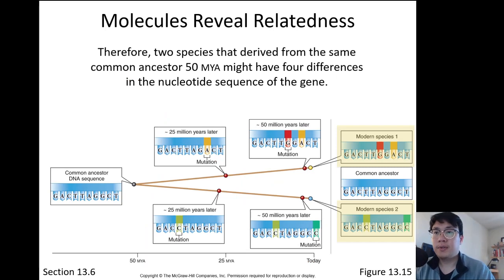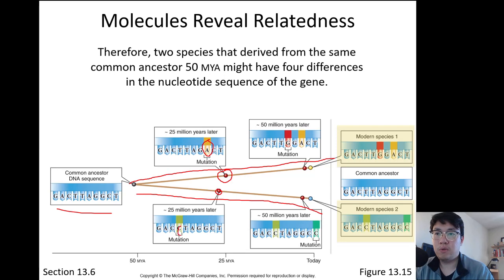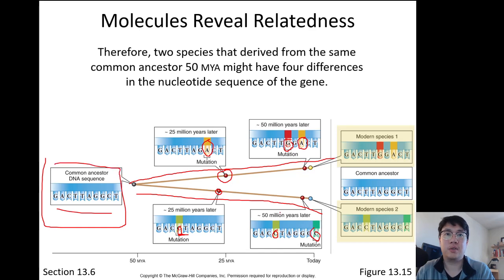So again, let's just look at this example again. You have a common ancestor. Here's path 1 right here. This is path 1. Here's path number 2. Okay, every 25 million years, we have a mutation. Oh, look, it mutates A. Versus this mutation here, oh, look, it's mutating C. Okay, the next one, the A has already been mutated. Oh, look, G is now the new one. Oh, C was my original one over here. Oh, look, another C. So that's 2. Okay, so now we have 4 different mutations in comparison to the common ancestor.